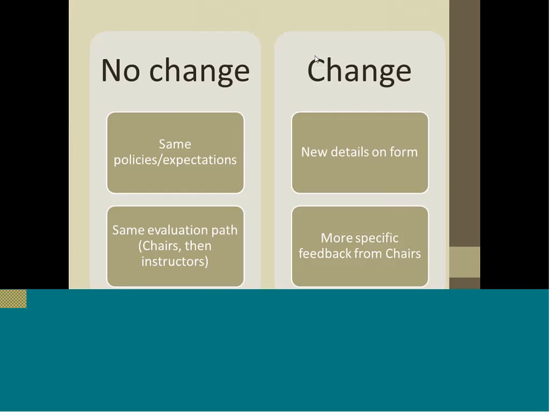On the left side of the screen where it says no change, like Liz was touching on a few minutes ago, the same kind of policies and expectations that are found in the instructor handbook are goals that all instructors can strive to meet and achieve a good evaluation and review.